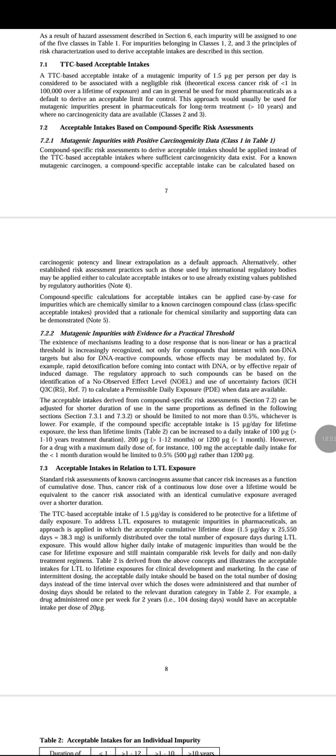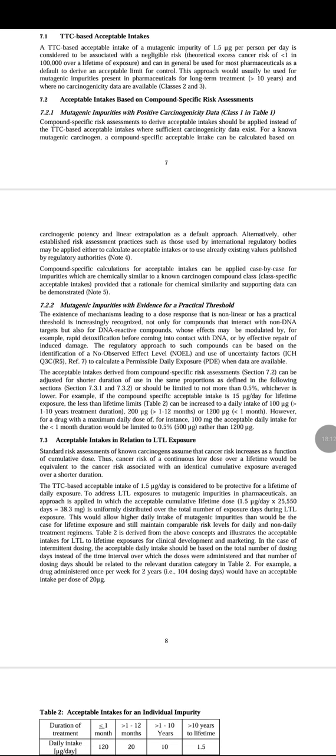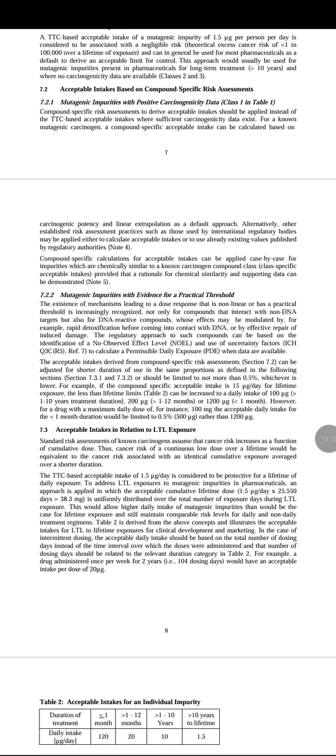TTC-based acceptable intake: a TTC-based acceptable intake for a mutagenic impurity of 1.5 micrograms per person per day is considered associated with negligible risk and can generally be used in pharmaceuticals as a default derived acceptable limit for control. This approach should usually be used for